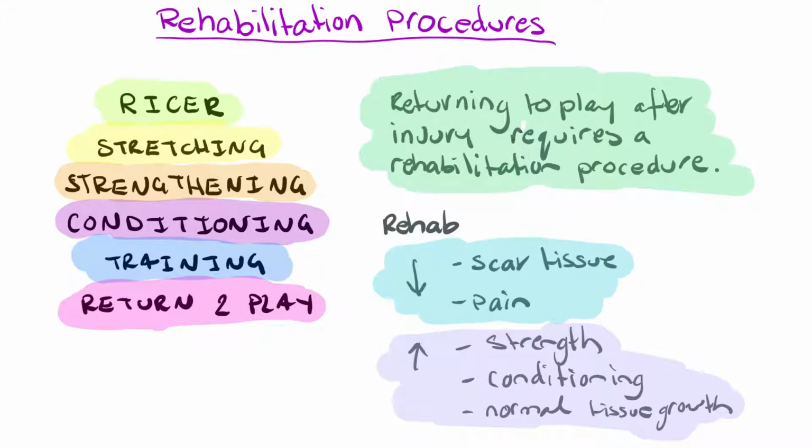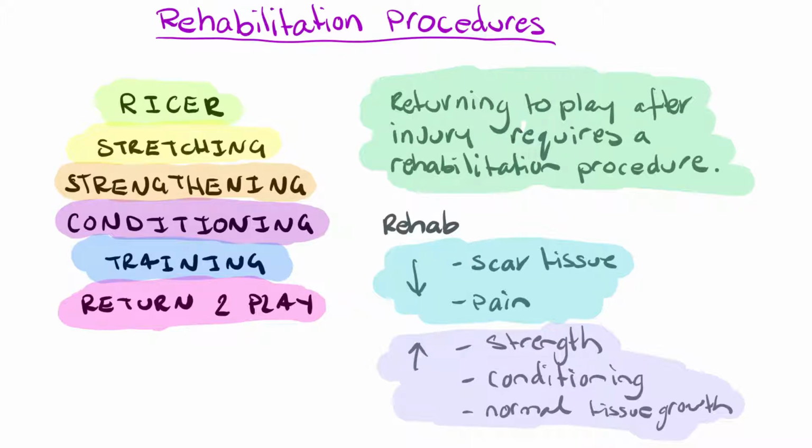each stage of the procedure, and also to ensure that you have done several tests to ensure that you're ready to return to play. So, as it says here, returning to play requires a rehabilitation procedure. And if we employ rehabilitation procedures, we have a decrease in scar tissue and obviously a decrease in pain for the athlete. An effective rehabilitation process will also increase the strength of the joint or muscle that's been injured, and increase athlete conditioning and physical fitness, and also increase the normal tissue growth and help scar tissue to be processed and